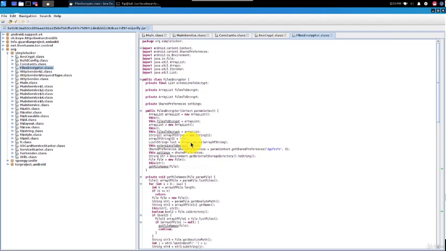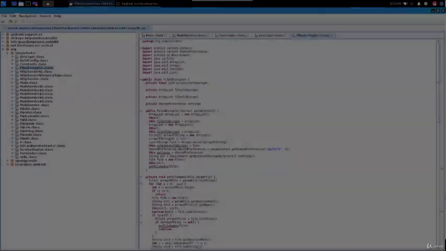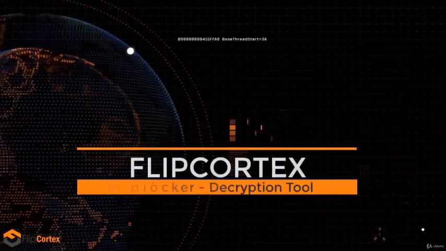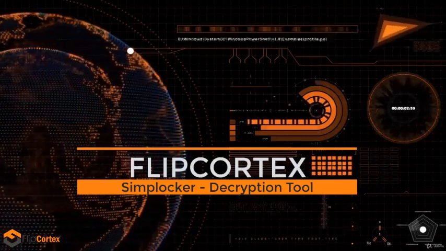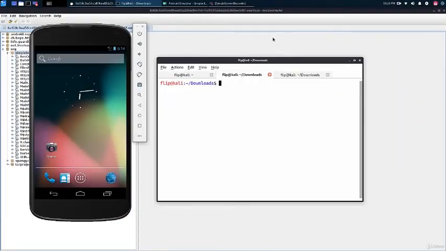Hopefully, using all this information we obtained from just static analysis, we'll be able to decrypt our demo pictures. And in the case of an actual malware, you'll be able to restore your system by decrypting the files. Okay, so now we have a situation where we know enough about SimpleLocker to be able to do the decryption of our files. So Simple Locker is encrypting our files, and we want to write a simple application that's able to use the code that we obtained through the static analysis and decrypt the files that were encrypted by Simple Locker.